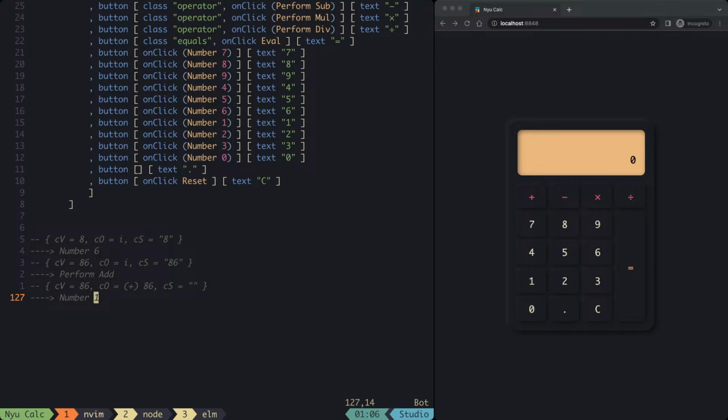Okay. Number is 1. What's going to happen? It's going to be current value is current. It should apply. What should happen to this? 86 was the current value, and then I did a +1, right? 87. I did a plus and then I did a 1. When I pressed a 1,